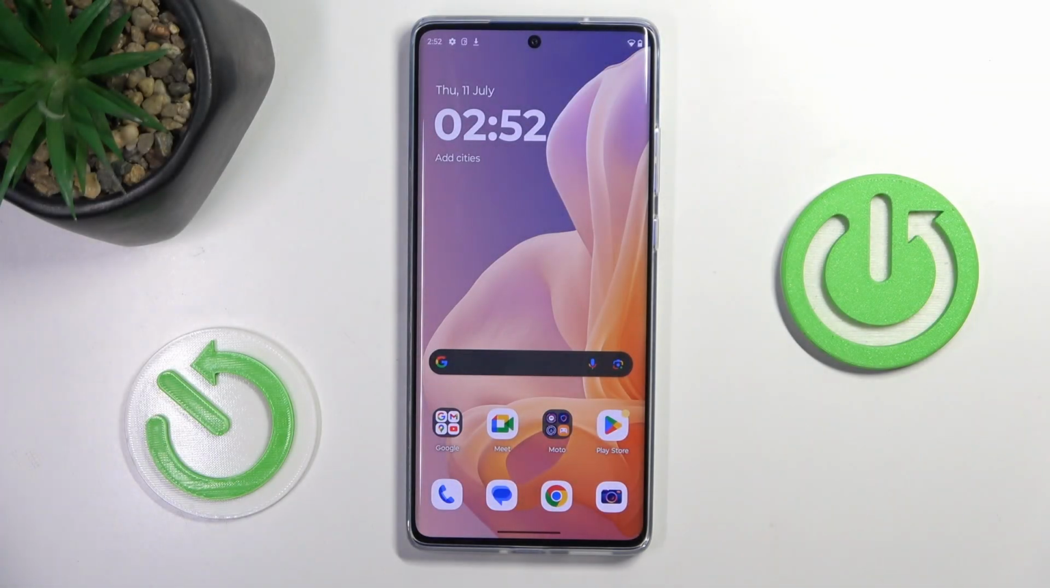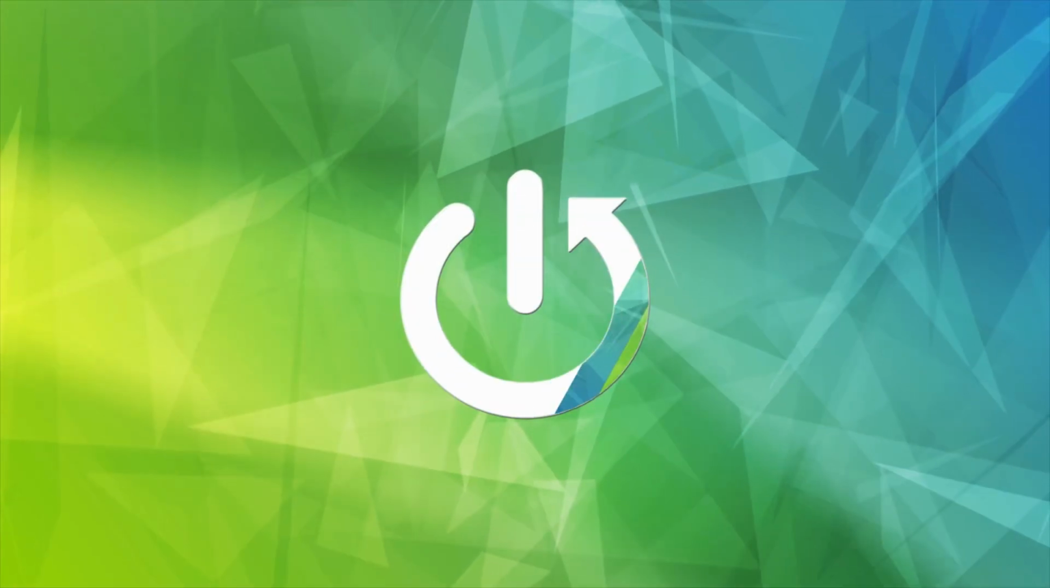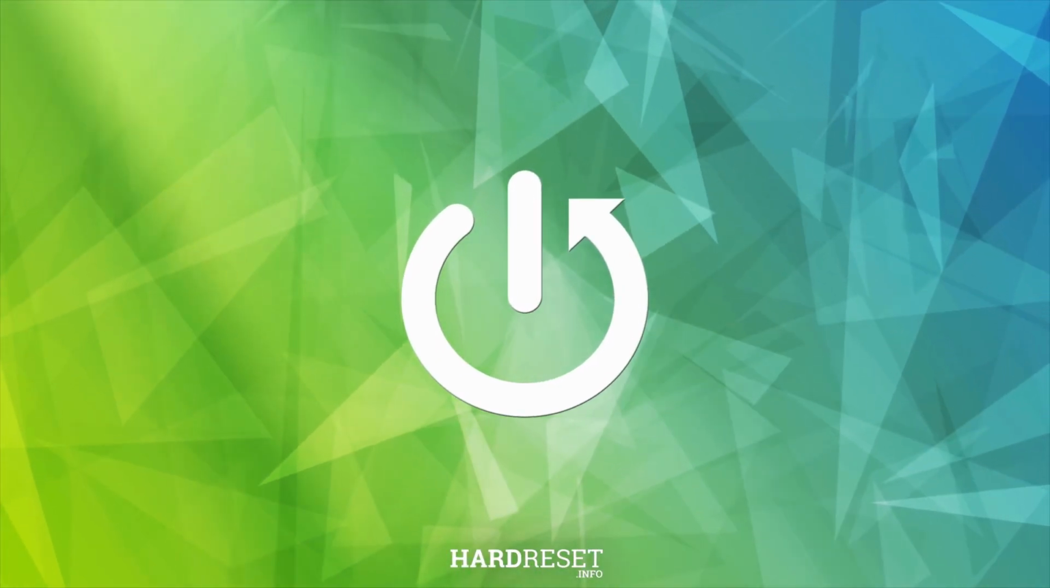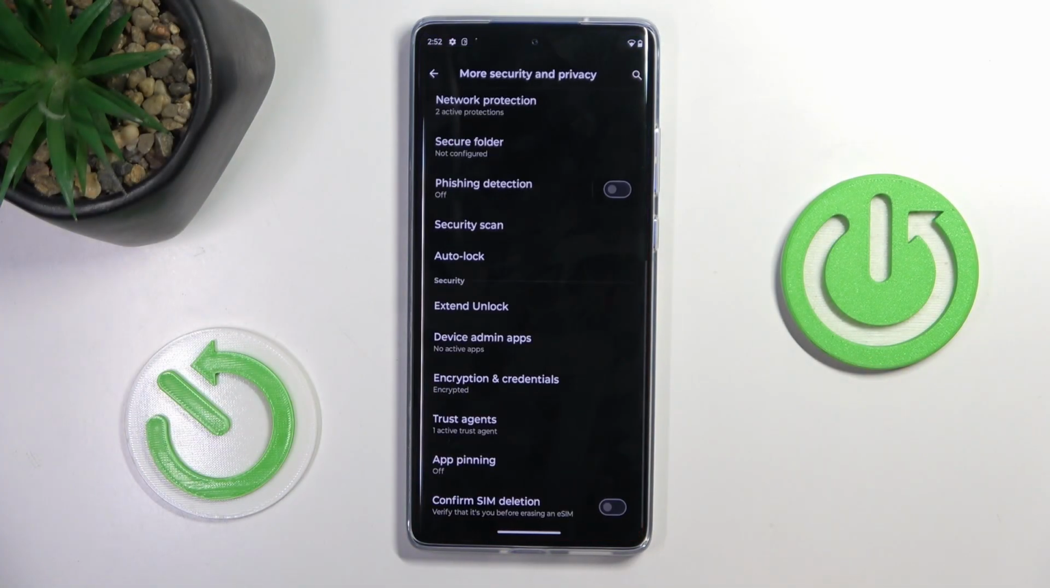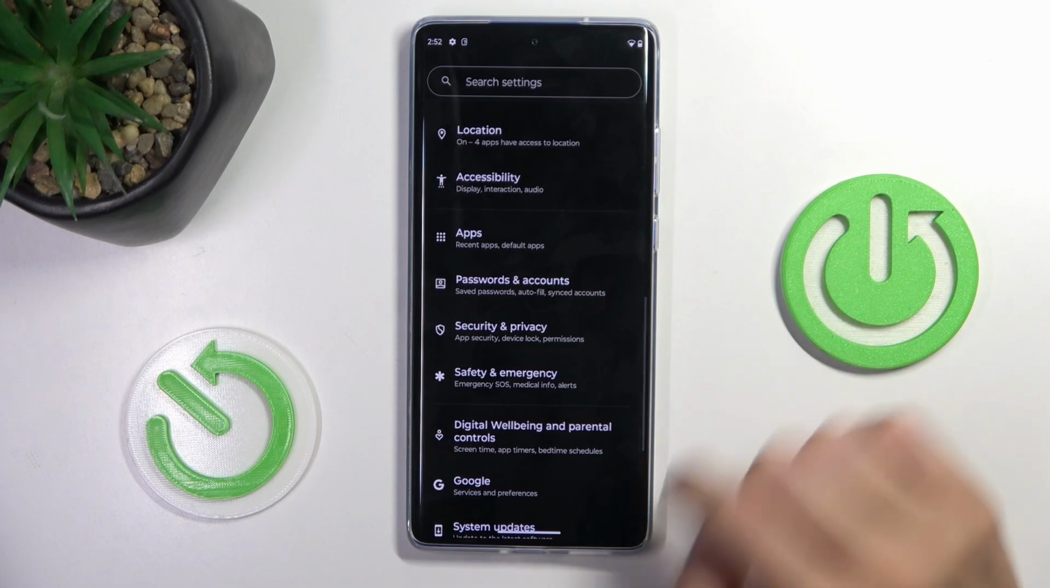Morning guys, in front of me is Motorola Moto S50 Neo, and let me show you how to change wallpaper on this device. But first open the settings, then find and select